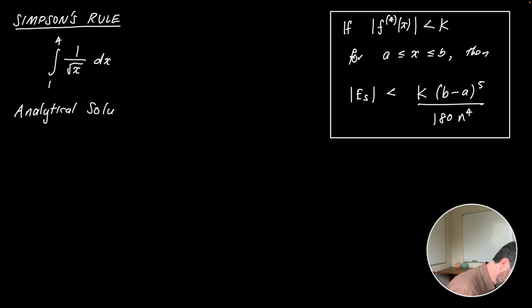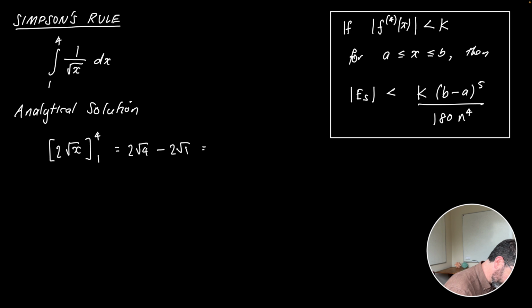is basically the integral, so that's just x to the negative a half. Integrate that and we're going to get 1/2 x to the half, so it's going to be 2 root x between 1 and 4, which is going to be 2 root 4 minus 2 root 1, which is just 4 minus 2, which is just 2. Okay, so whenever we do a numerical method on this problem, we are hoping to get an answer of 2